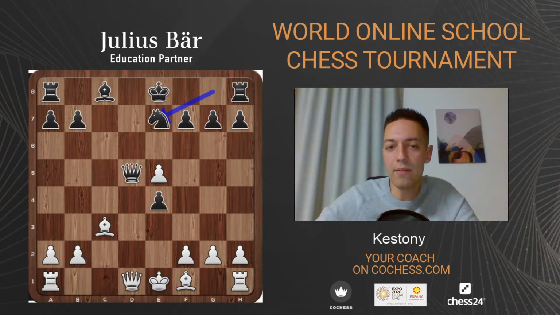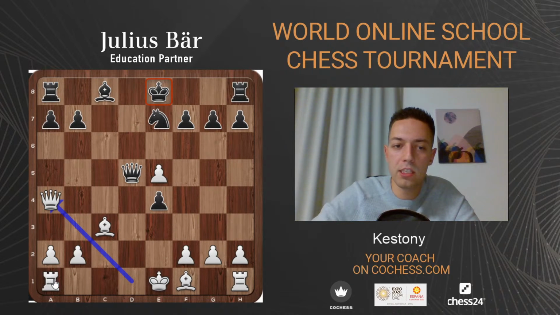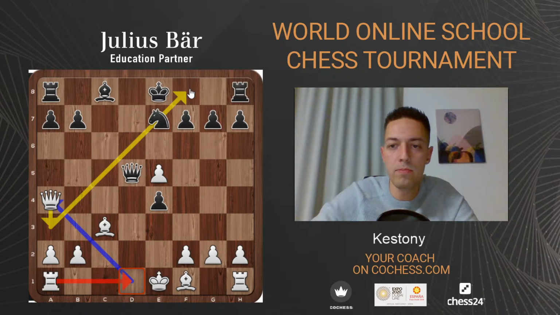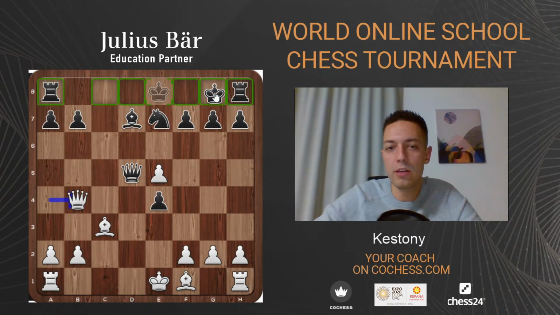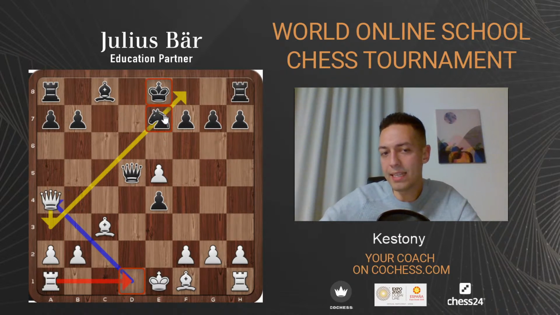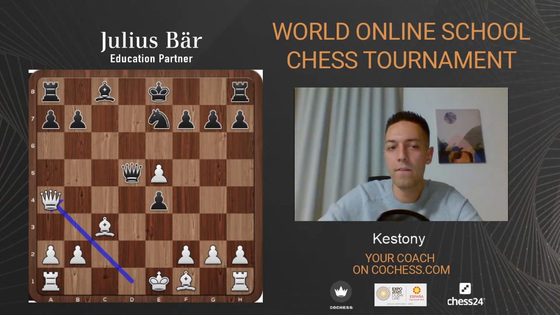So they play knight to e7, and here is again a typical idea. Queen e4 check. This is white's main move, and the idea of this move is to allow rook to come to d1, and also put the queen on the a3-f8 diagonal, preventing black from easy castling if he moves the bishop, right? If he moves the knight, because after, say, bishop d7 and queen to b4, now they cannot castle because e7 is hanging, right? And it also prepares rook to d1. So that's the goal of this move, queen to e4, right? First, get the queen on the long diagonal, prevent black from castling easily. Second, getting rook to d1.